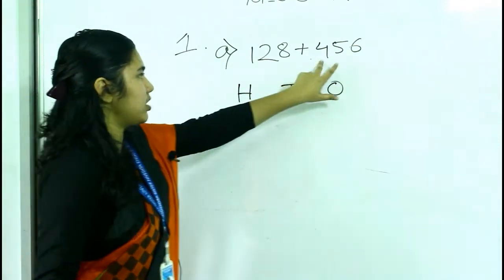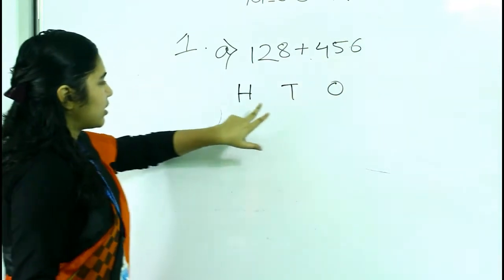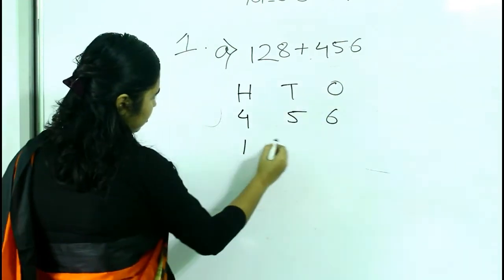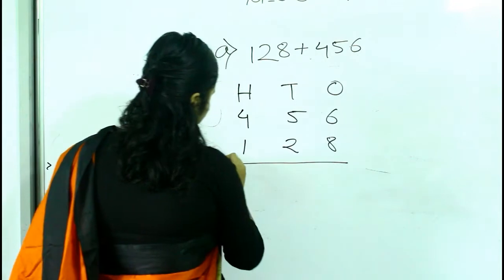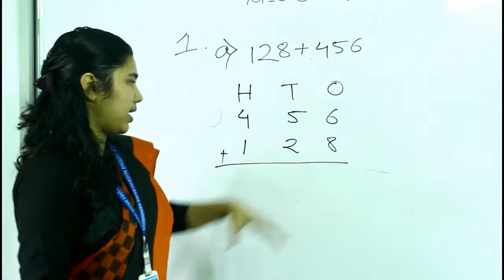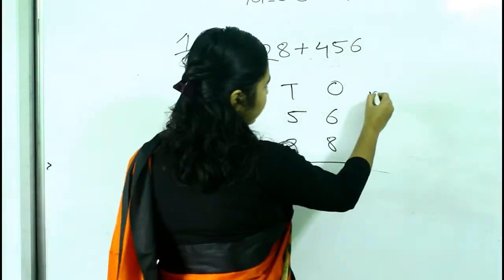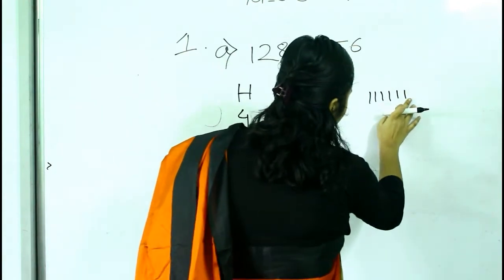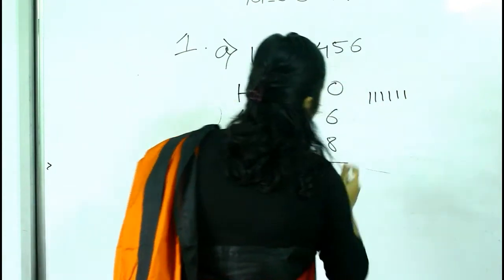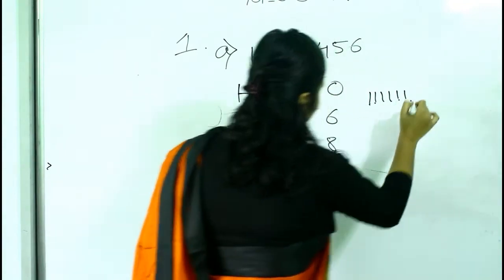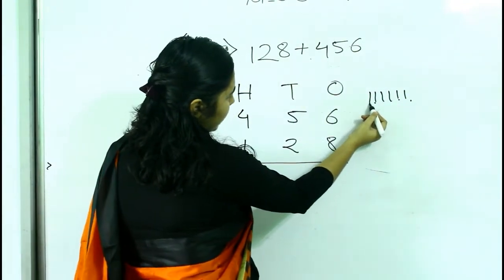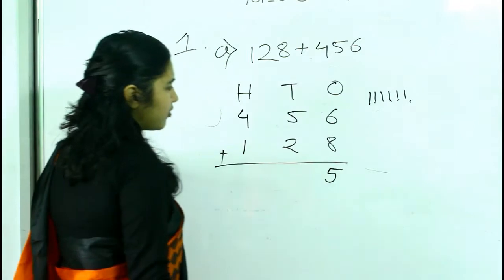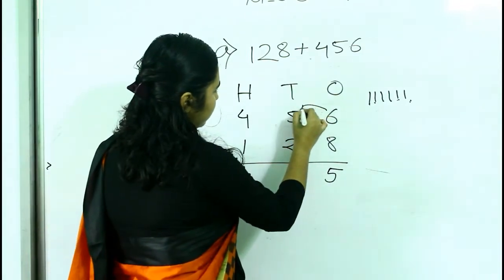Here we have 3 digits for the bigger number, so take here up to hundreds place. Now put the first number and next the second number. Then add 6 plus 8. After 8, count 9, 10, 11, 12, 13, 14. So write here 4. Take this one here